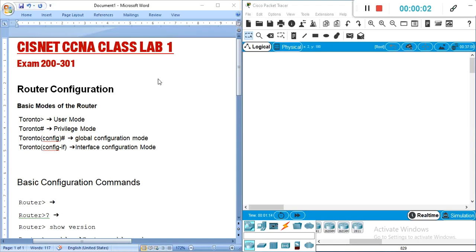So this is the Cisnet CCNA Class Lab number 1. The exam series is 200-301, which is the new exam implemented from 2020 onwards. So the first thing here we are going to do in the Router Basics lab, we are going to understand